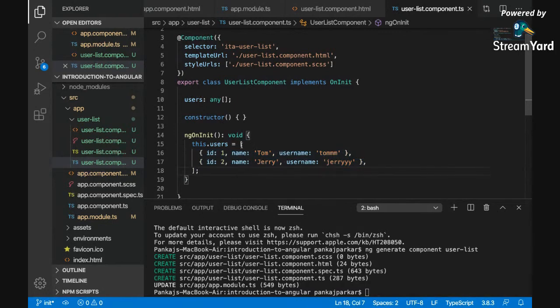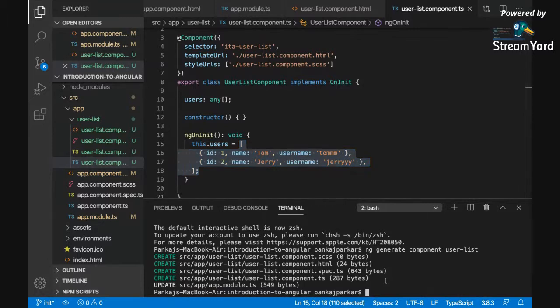In Angular, there is a way to do such a thing. There is a service. A service is used to share common code, make an API call, or store some configuration. For this case, we can use a service, and from the service we can retrieve the users. Okay, so I'm going to comment this. I'm going to create a service